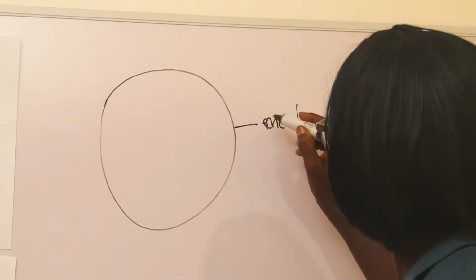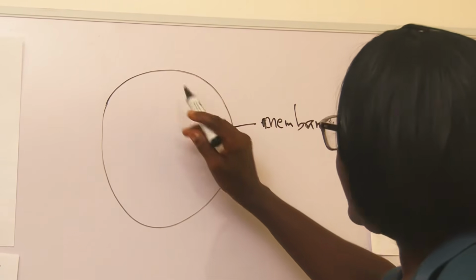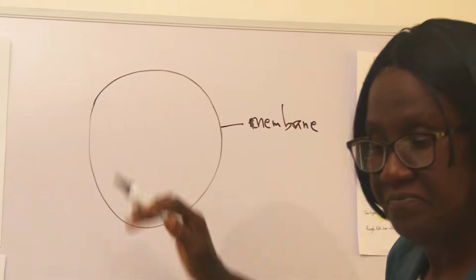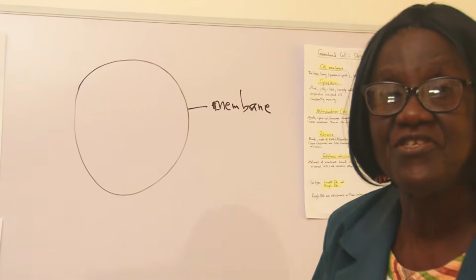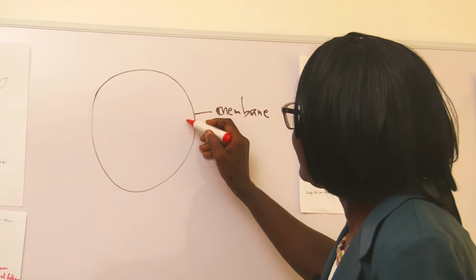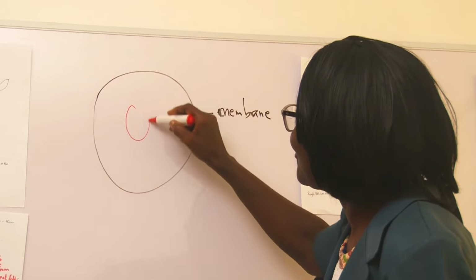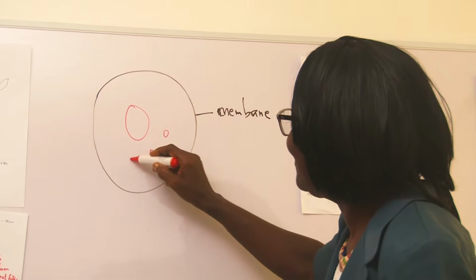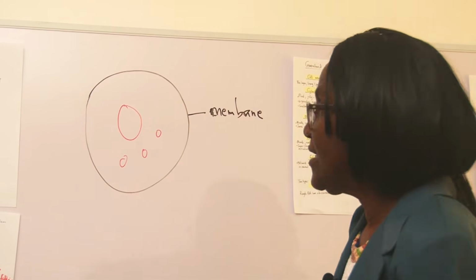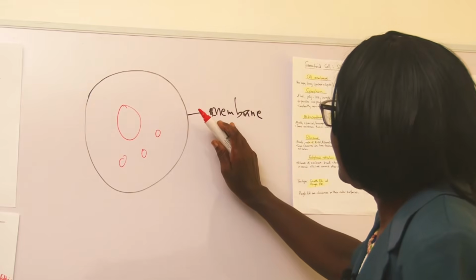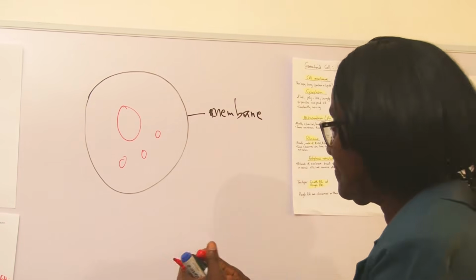And this membrane surrounds fluid. And inside the fluid are dissolved substances and other structures hanging in the fluid. Simply, that is a cell. A structure that is bound by membrane,